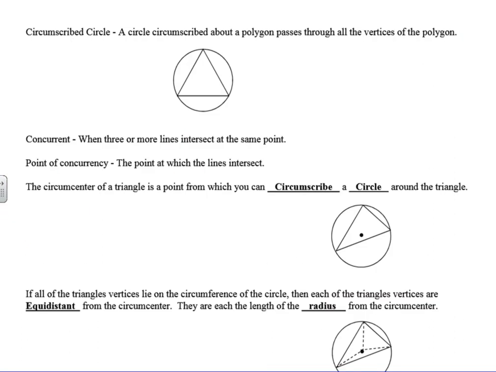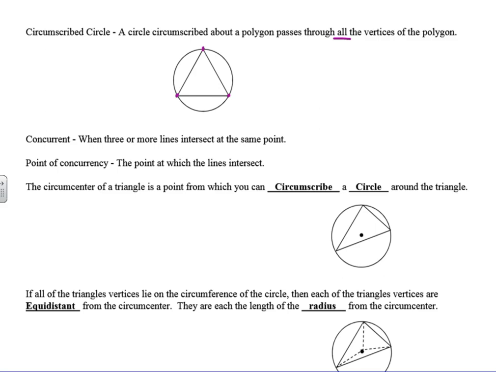Now this time we've flipped the diagram, and now the circumscribed circle, notice that a circle goes about this triangle, the polygon, and it passes through all the vertices of the polygon. So all of these points right here are on the circle. So instead of the circle being inside the triangle, now the circle goes on the outside of a triangle. All right, and we still have these